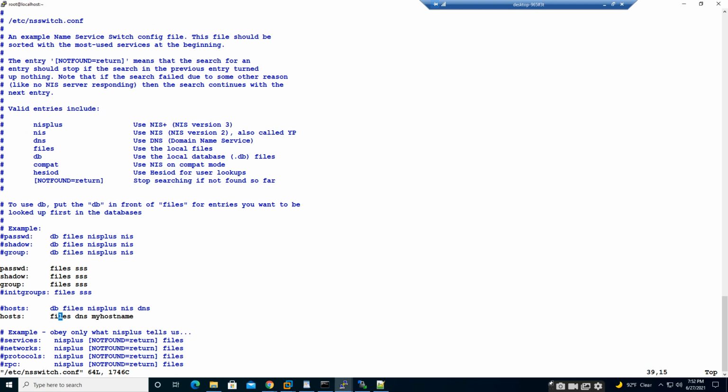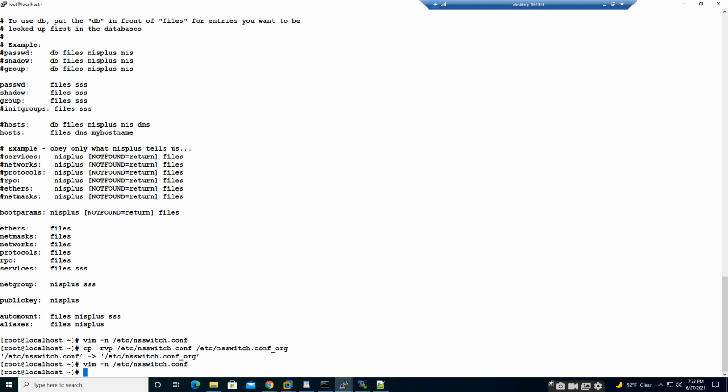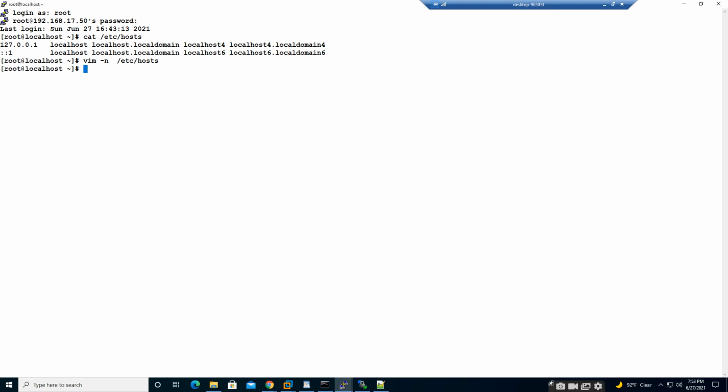Go to the hosts line, and we are going to replace this with dns files. Right. Save and exit. We will do the same on the primary node. On the secondary node we did it, so this is the primary. Let's take a backup first.